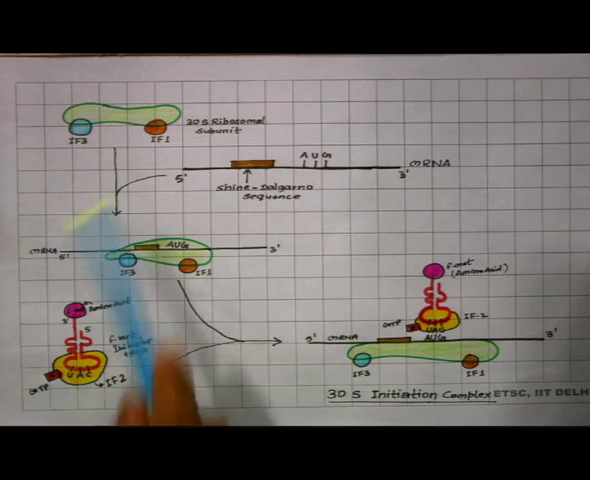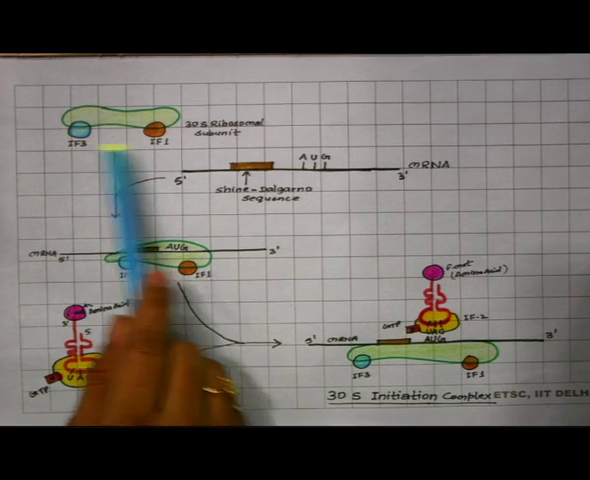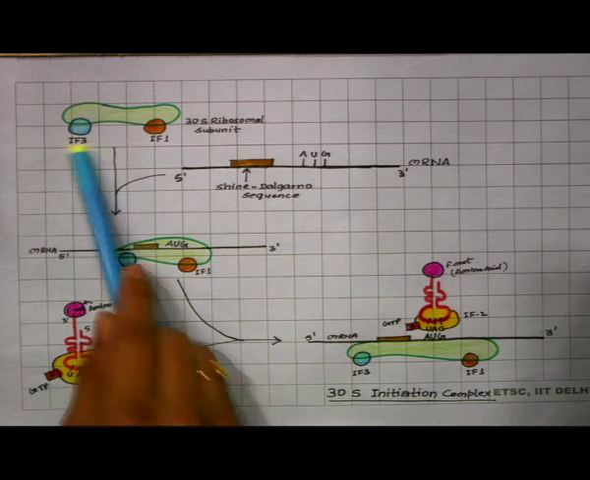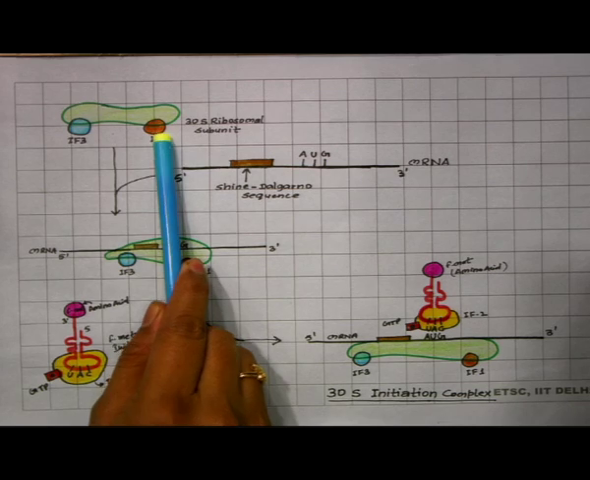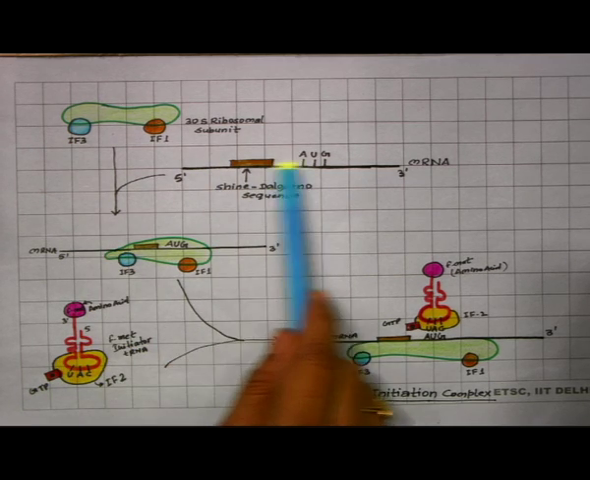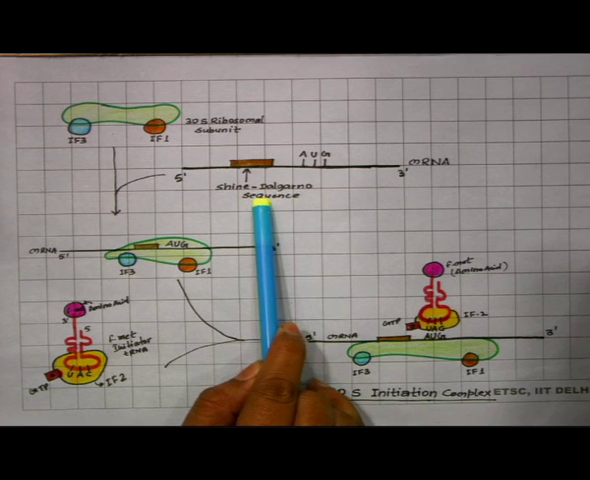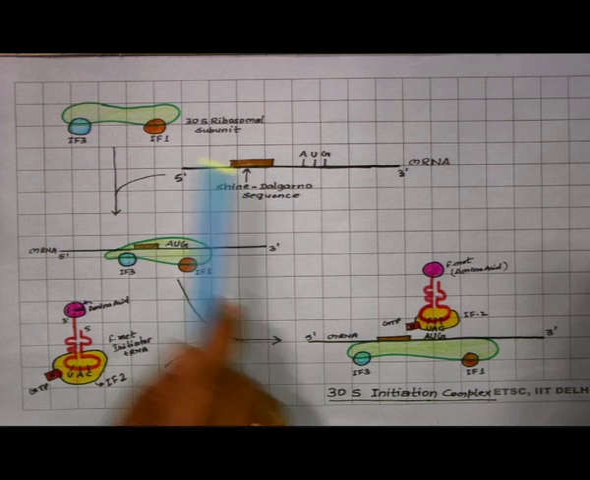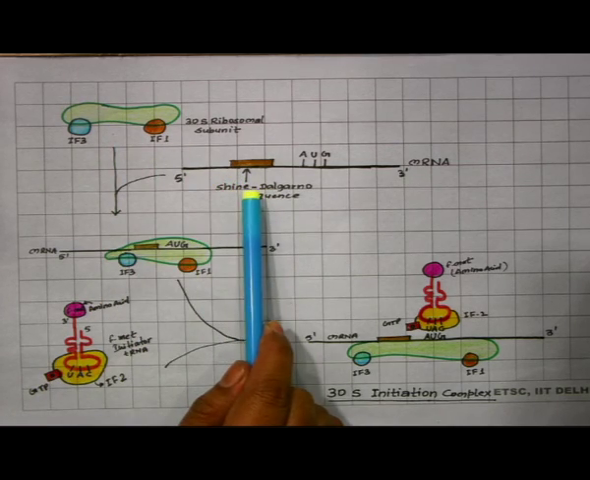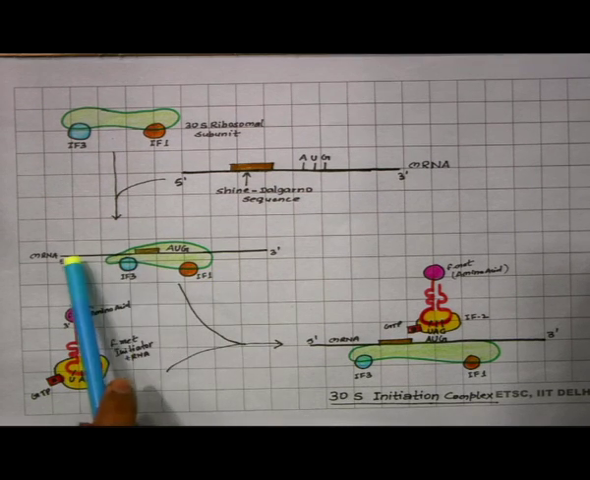first of all, with this 30S ribosomal subunit, that is the smaller subunit of the ribosome, IF1 and IF3, the two initiation factors which help in protein synthesis, will bind with the 30S ribosomal subunit. After the binding of initiation factor 1 and initiation factor 3, this messenger RNA which has the Shine-Dalgarno sequence, this Shine-Dalgarno sequence is complementary to the sequence of the ribosomal RNA which is there in the ribosome. With the help of this complementary nature, this 30S subunit will bind with the messenger RNA,